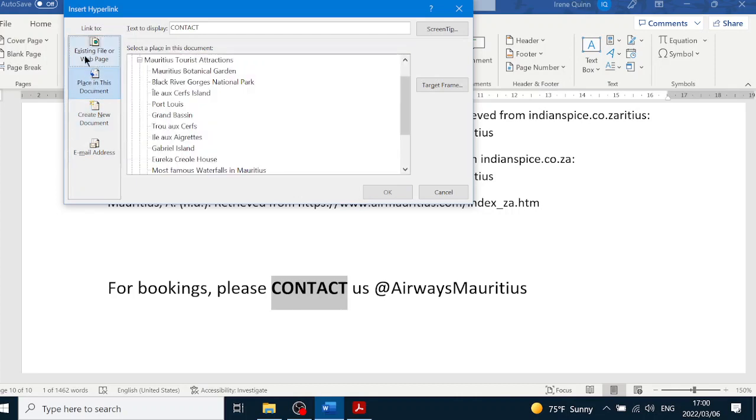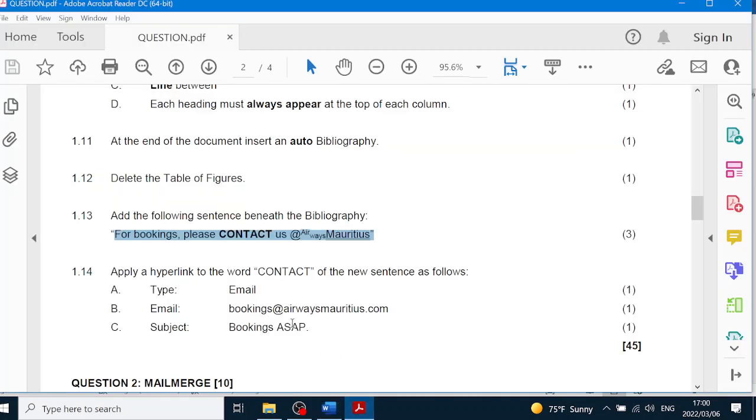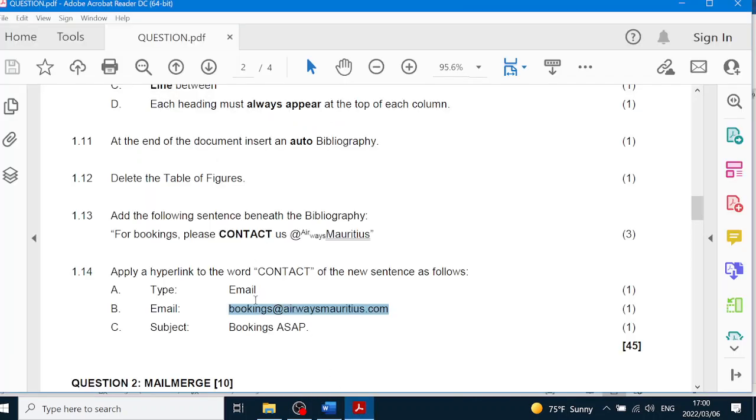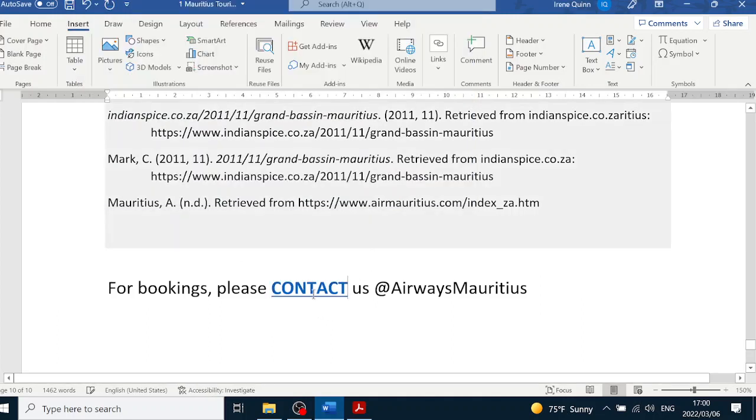Take note, there's 4 different types of things we can link to, but we'll link to an email address. And we've got to type that email address in too, and then we also have to type in the subject, and then we're done. And now this has got a link,